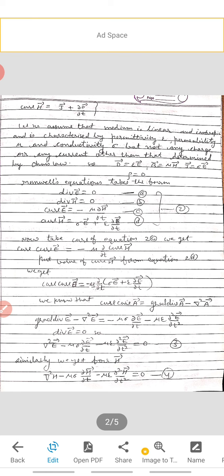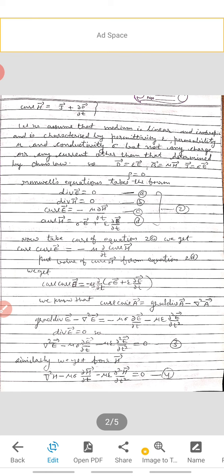But we know that curl curl A is equal to grad divergence A minus del squared A, so grad divergence E minus del squared E is equal to minus mu sigma del E by del t minus mu epsilon del squared E by del t squared, and from